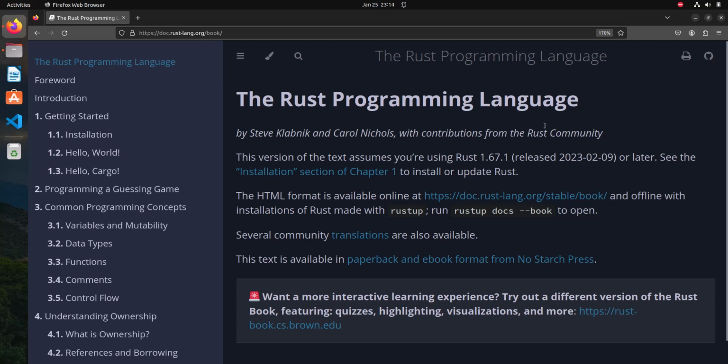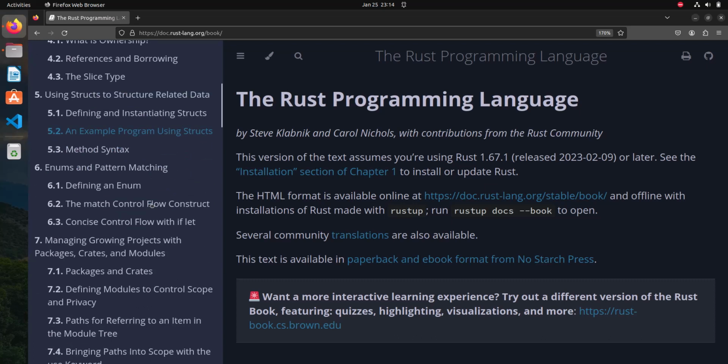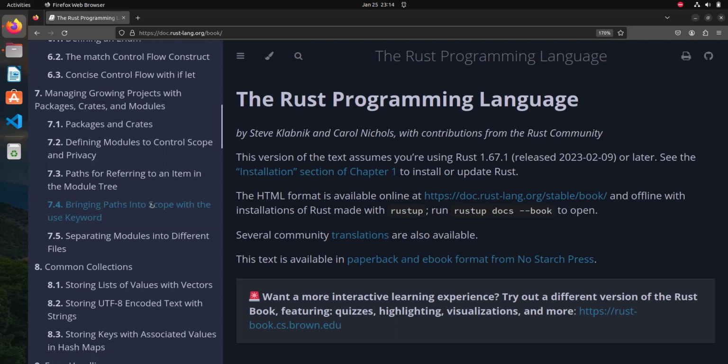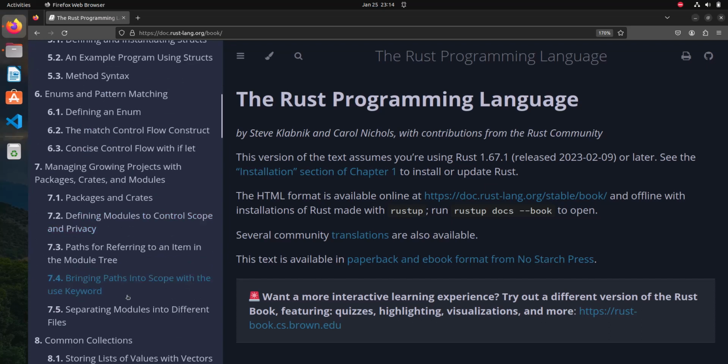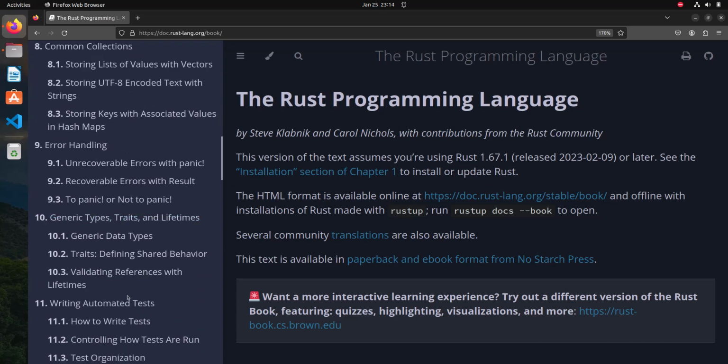The Rust book is written by the Rust community, and it contains everything from getting started and installation to all the basic and core concepts of Rust, stating what exactly makes it different, and introducing new concepts like ownership and borrowing. After you go through this book and try to get a hold of what the Rust programming language exactly is,